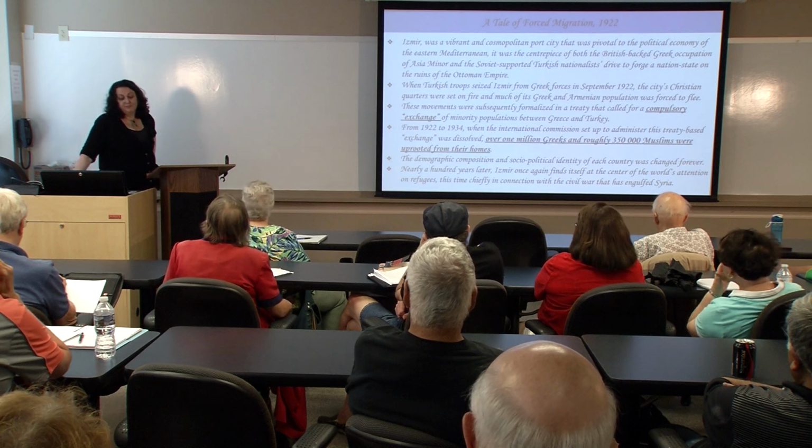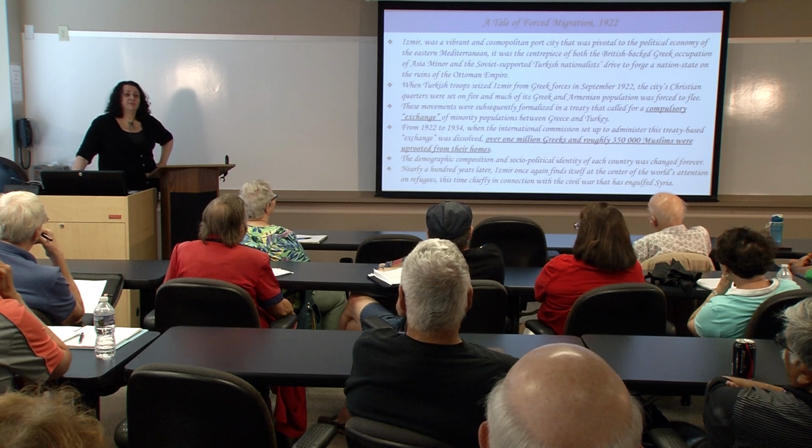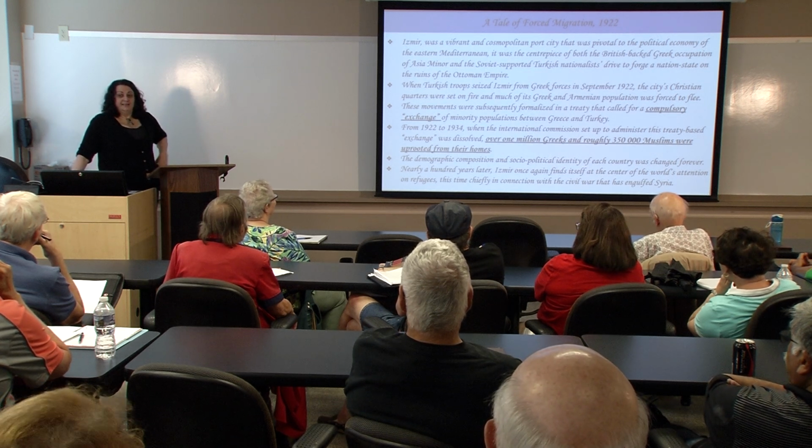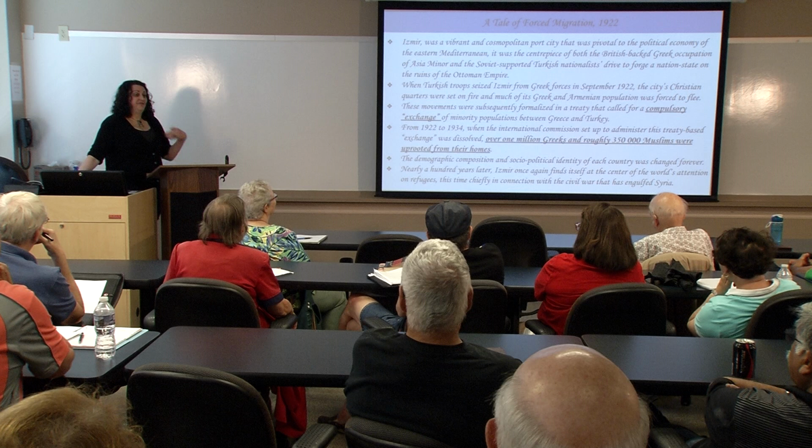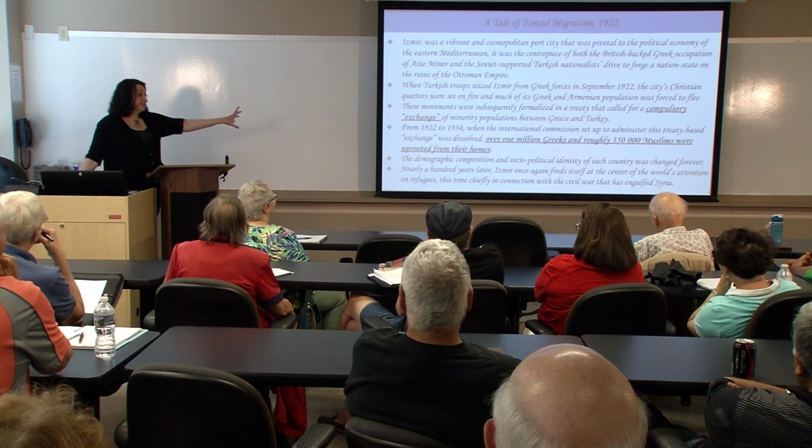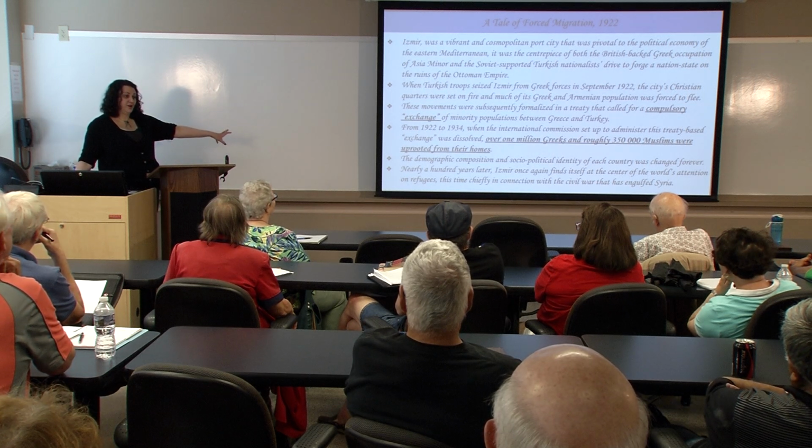The demographic composition of these countries was altered forever, and this exchange took place really from 1922 to 1934. Over 1 million Greeks and roughly 350,000 Muslims were uprooted from their homes. This was in 1922. Fast forward to today, Izmir is again the center of